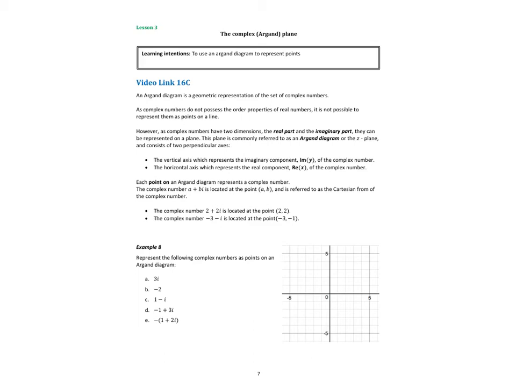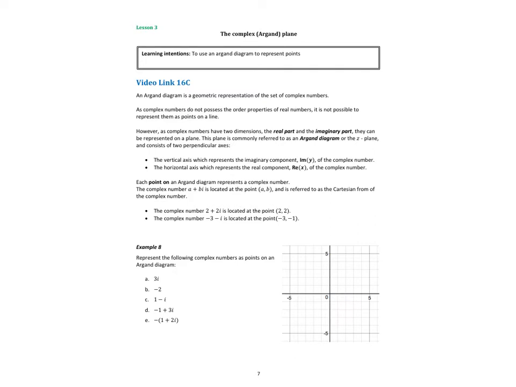Okay, so our Cartesian axis is what we call our diagram or our plane that we sketch over for the real number system. Our complex number system is sketched over what we call an Argand plane. Okay, and I guess the significant difference is on our Argand plane,